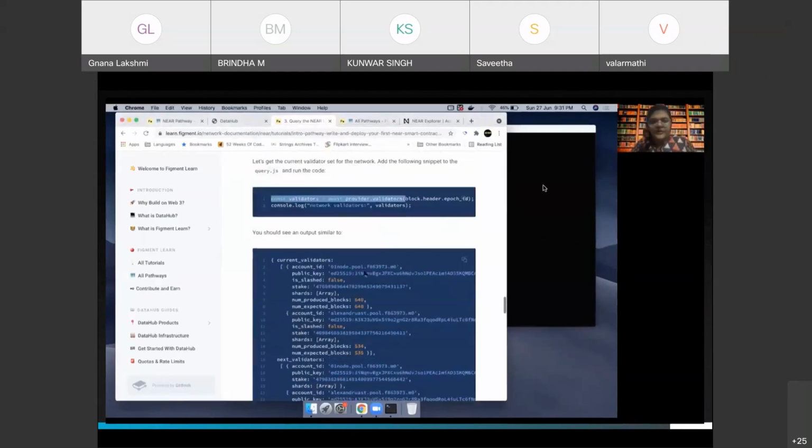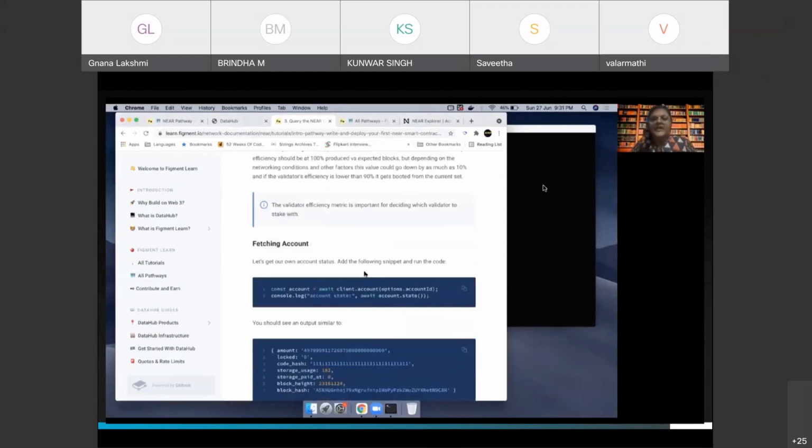All right. So the next thing is going to be, let's get the status of our own account. So far we were using the provider because this was all data related to the network, related to the chain. Now we are going to be using the client, which has our specific API key, right? So we are going to be using the client and we are going to be getting data about the account, our account that we created. So let us copy this.